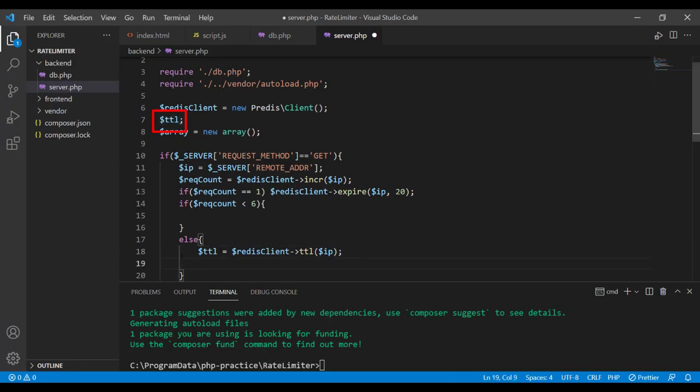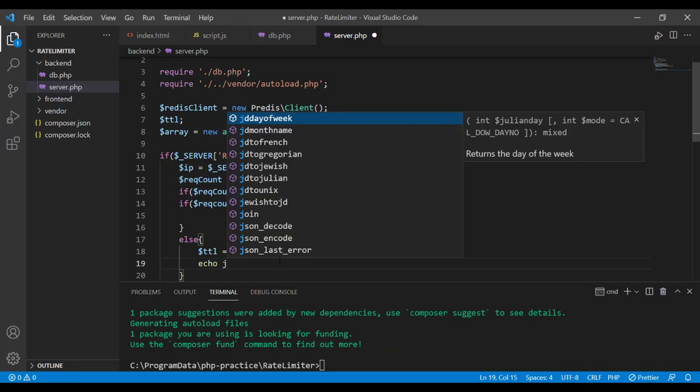Now this variable TTL contains the number of seconds left before this 20-second window expires, and then the same client can make new requests to the MySQL database. But over here we have to inform the client that you have used up your current quota and you have to wait this number of seconds until your next quota starts. So we'll say echo and we are sending a JSON response.